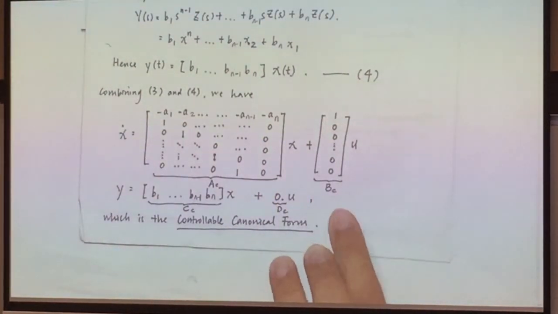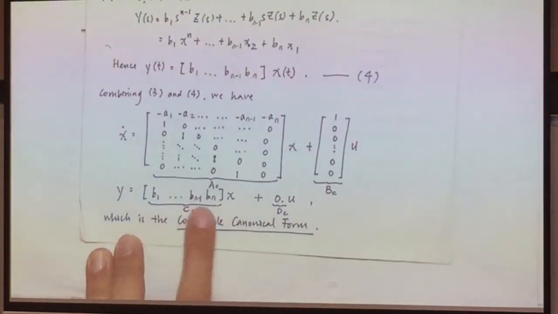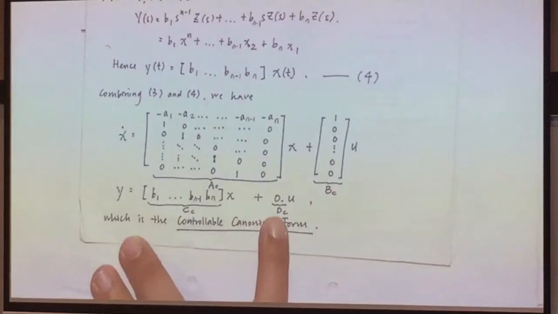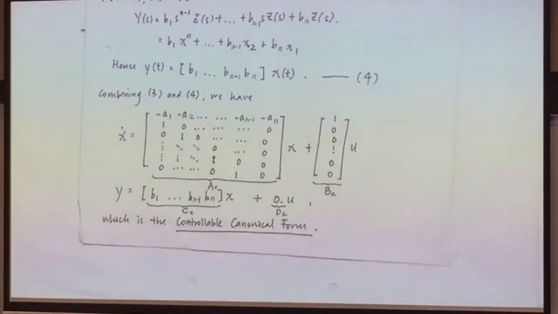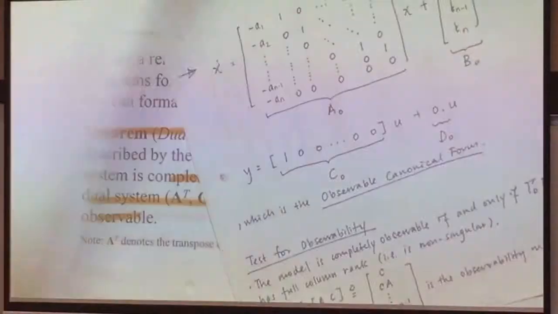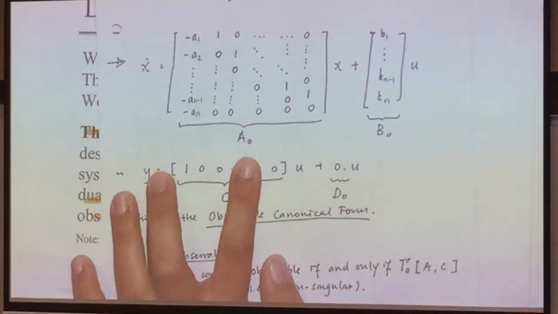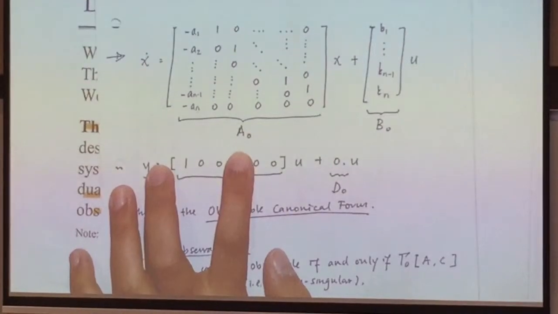B, C is 1 and 1, 0. CC is B1, all the coefficients for the numerator, and BC is 0. Compare this to the observable canonical form. So if you compare this to observable canonical form, see that AO, which is a state matrix, AO is AC